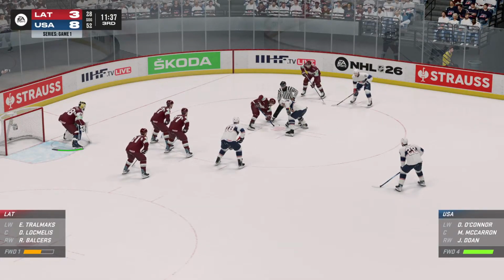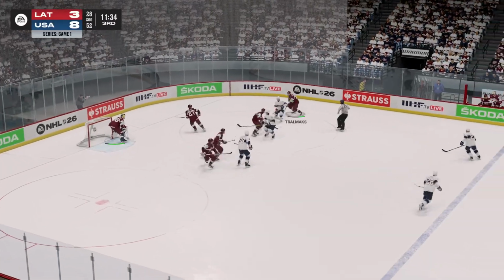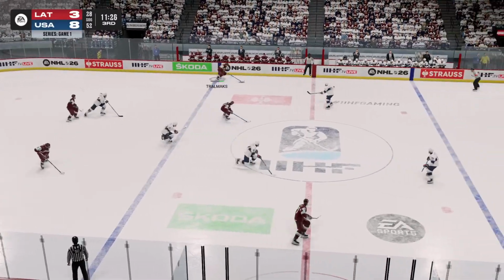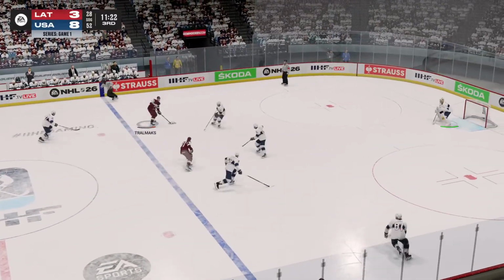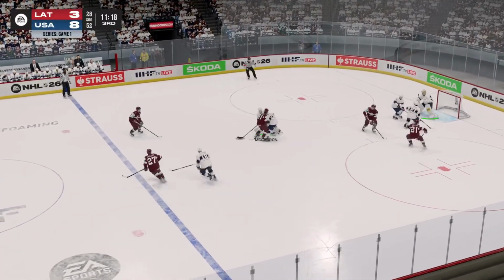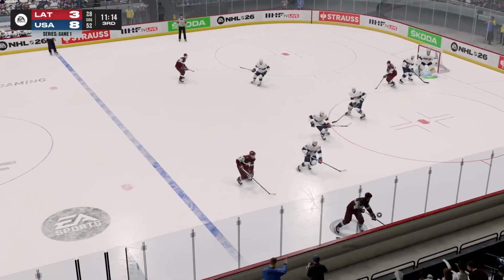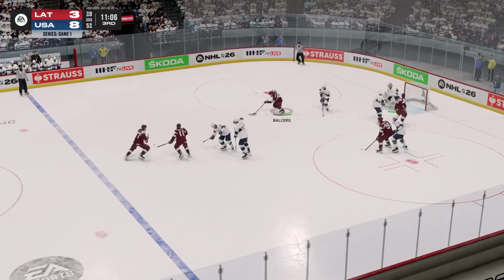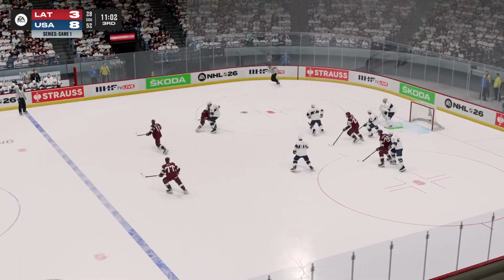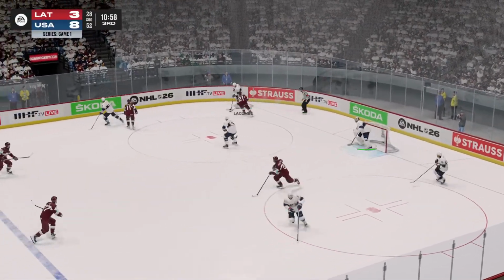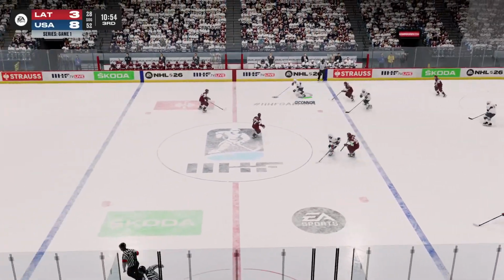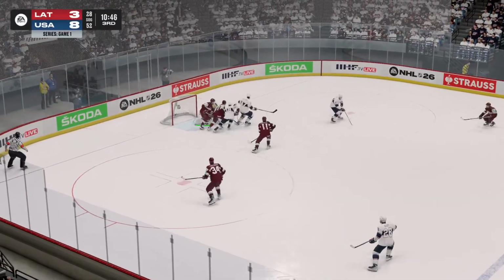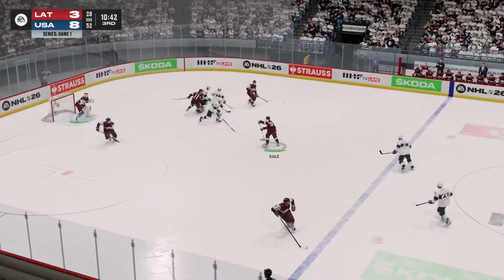11:37 to go here in the third. 8-3 United States. Here's a turnover for a moment at least, and Latvia now gains control through center. Battle for it at the top of the slot, floats to the near side, kept in for Latvia. Back up to the point, and Zeal. Now Lockmills off a body in front. Balsers off the rebound, tried to turn, and he just floats it into the corner. Lacombe there for the United States, and they'll get it out through center. O'Connor cuts inside, drops it off, bobble. Still loose, and Latvia gains control.